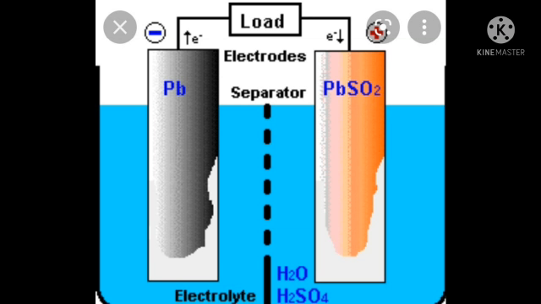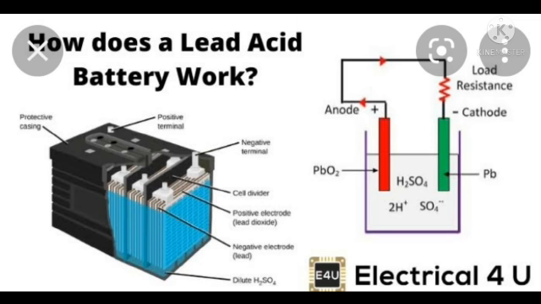Because of the chemical reaction between the substances in the cell, electrical charge is produced on both electrodes and electric current flows through the load. Example, the bulb glows in the circuit. So this kind of electric cell has a capacity to deliver large current. Hence, lead acid cells are used in cars, trucks, motorcycles and uninterrupted power supplies, UPS. As you can see in the above diagram, I have given you examples of how lead acid cells look.